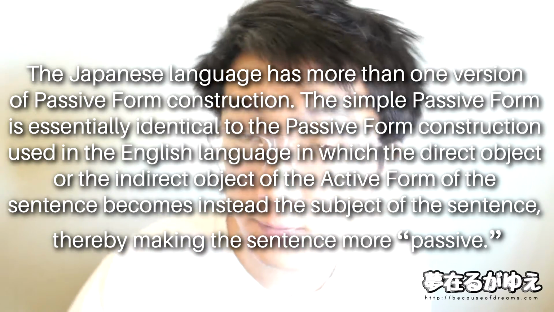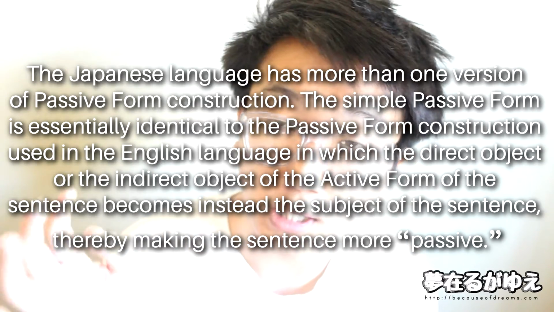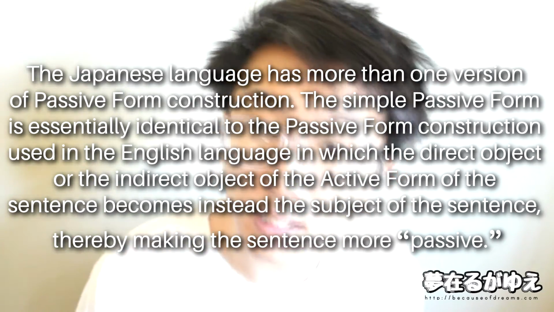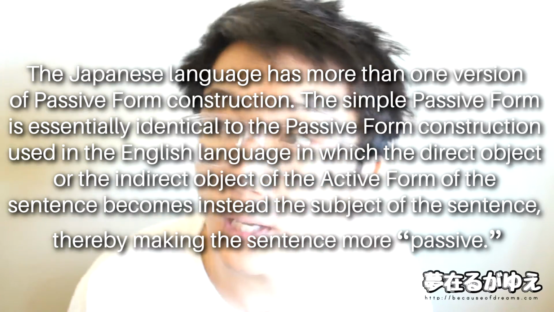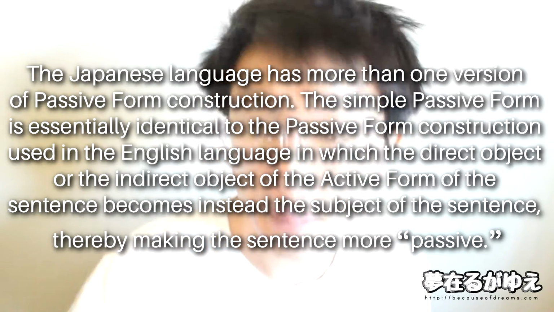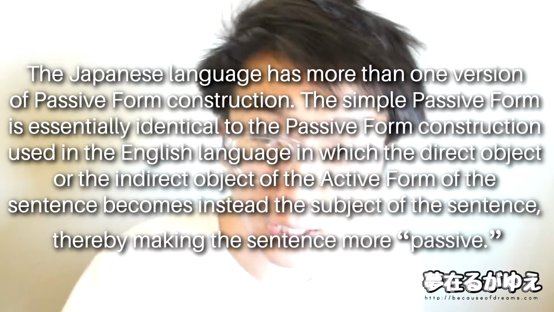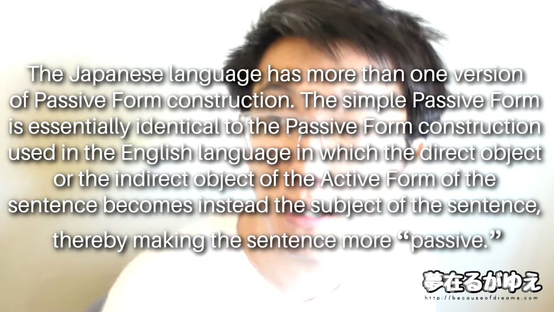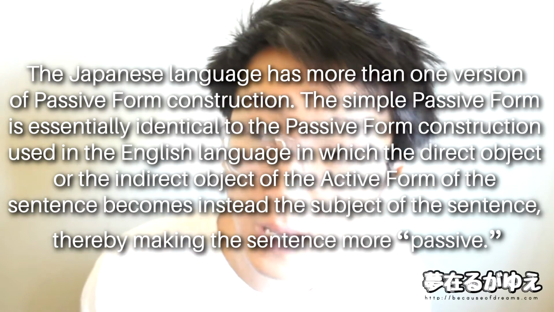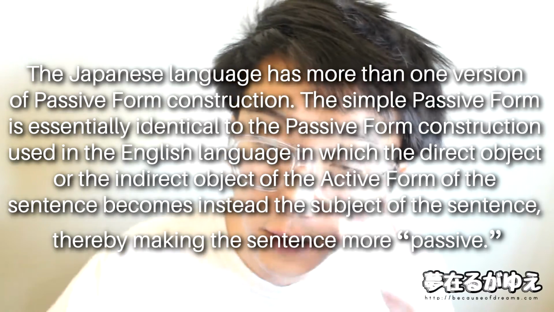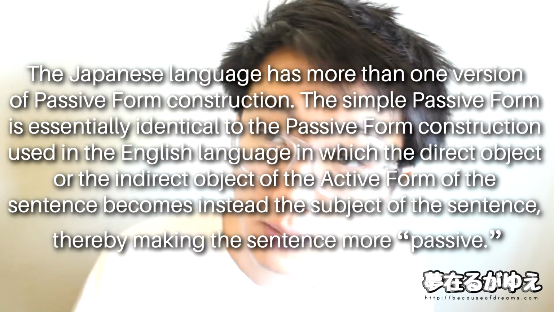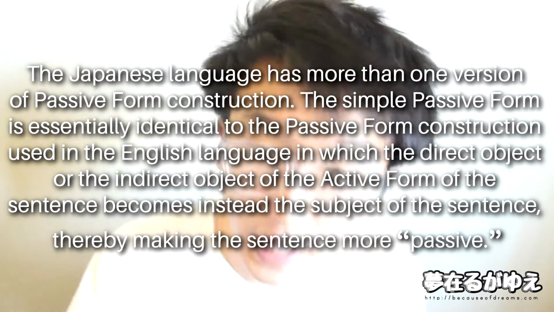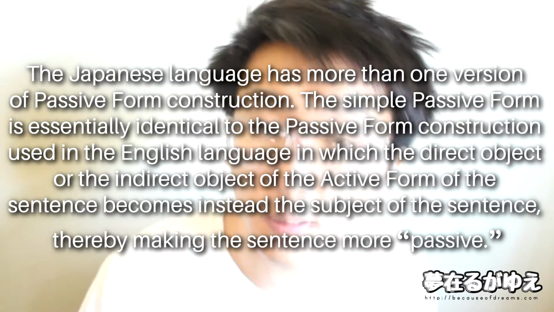Alternatively, if we're doing the passive form in which we change the indirect object into the subject of the sentence, we might have an example sentence such as he gave her a piece of chocolate. We see here that the action was to give and the direct object is the chocolate, but we're not going to change the chocolate into the subject of the sentence. We want to change the indirect object. The person who receives the action is she, so she is the indirect object and we want to change her into the subject. So the sentence becomes, she was given a piece of chocolate from him or by him. And that in turn makes the whole sentence much more passive.